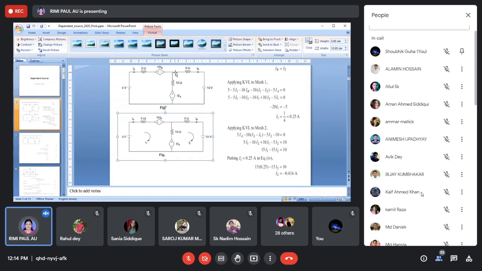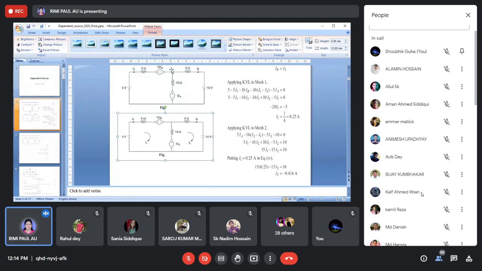So first you have to take a node voltage here and write down the nodal equation. As per one student, the nodal equation is V equal to IA minus 4IB plus 6, right? Now the question is how to solve this problem, because here three unknown terms are present: V, IA and IB. So I have to replace one or two of the terms in such a way that I can find out the node voltage. So how to solve this problem?